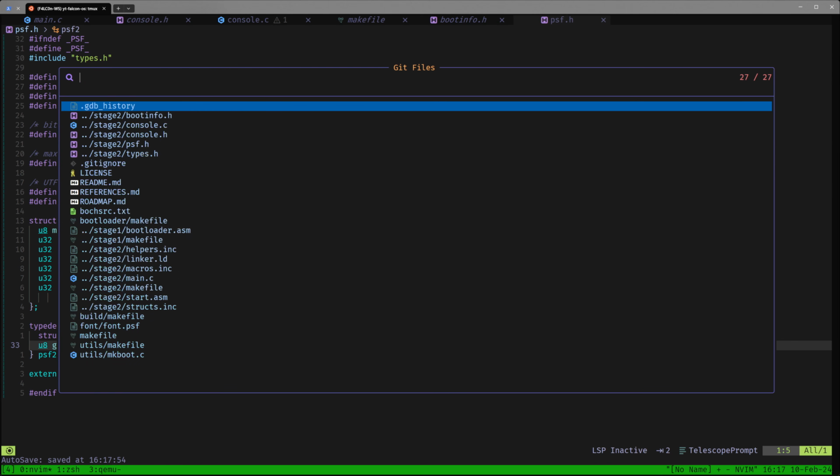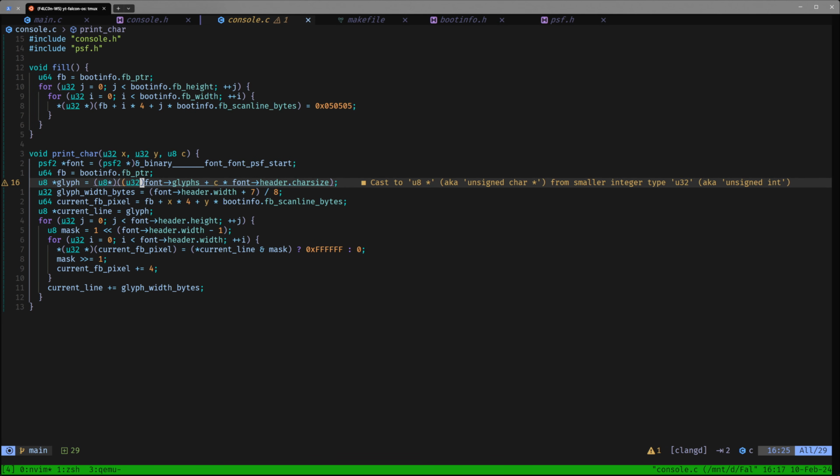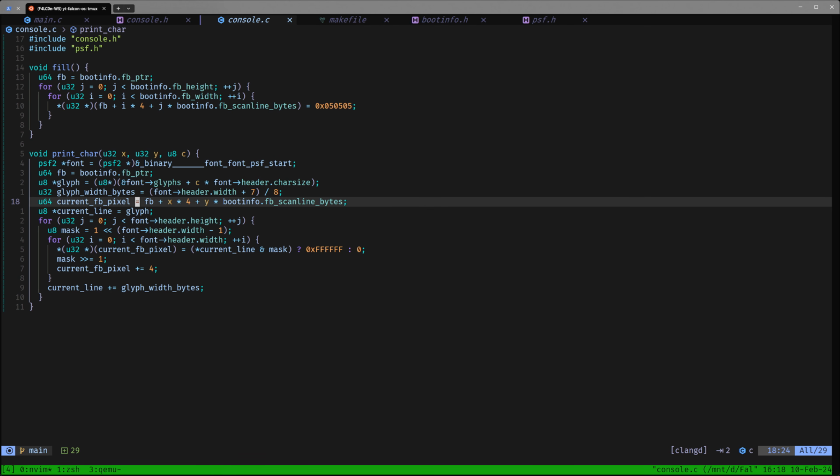And then we go back here. So that basically means that we can just get rid of this. And it just works. Oh yeah, now I guess we should take the address of that. And that should be fine. So what are we doing here? Oh, okay, I see. We are actually just printing the same pixel over and over again. Right. So let's